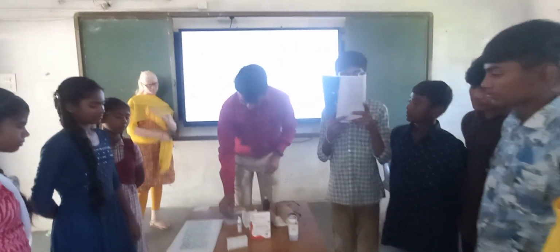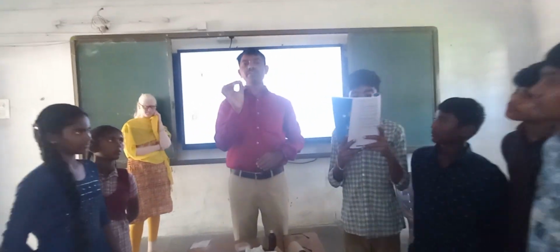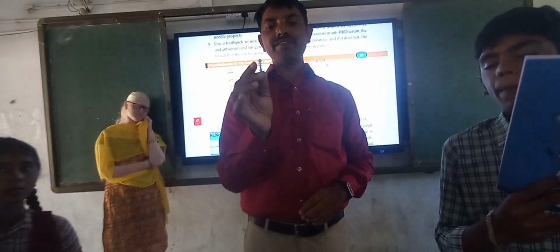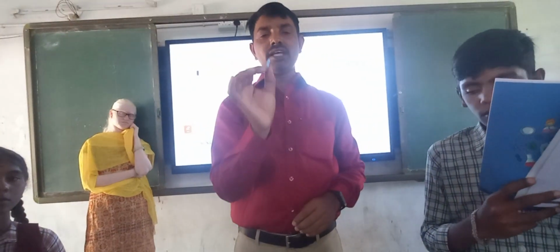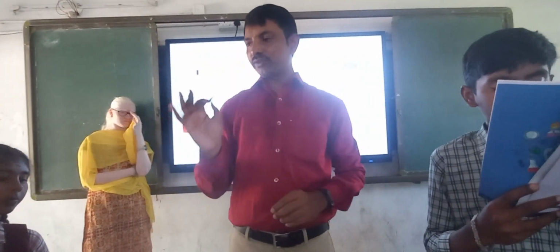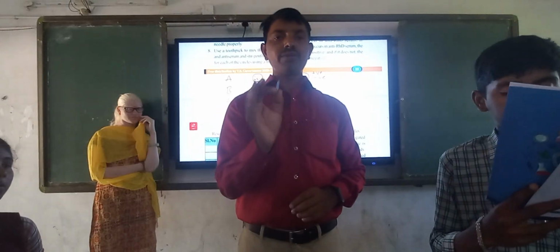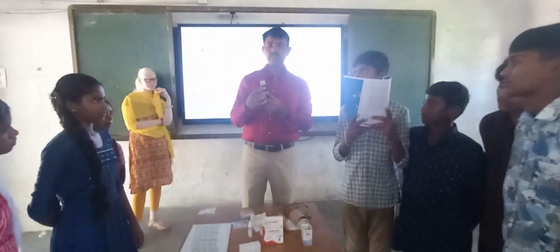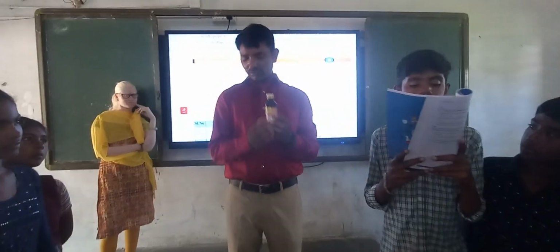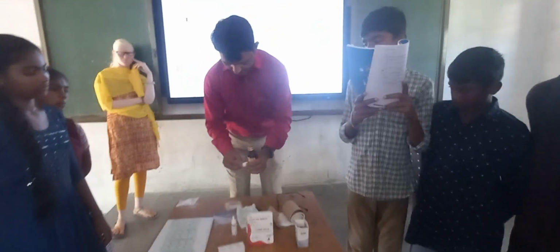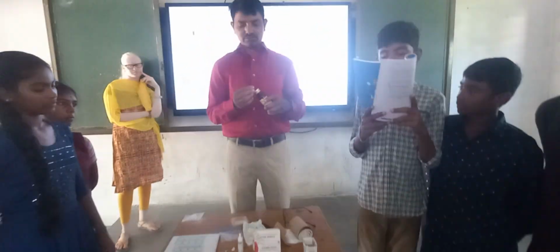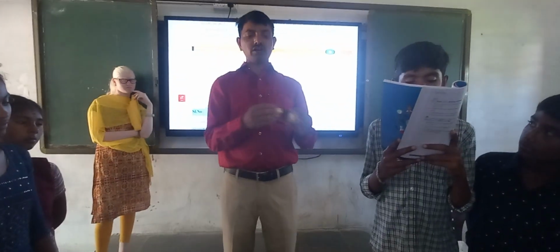Next, materials required. Lancets. This is called a lancet, which is sterile in nature. We have to use it single use only. If you use it for one person, we have to dispose of it in the dustbin. It should not be used for a second person. Next, alcohol swabs. This is called spirit or alcohol. When you keep cotton in it like this, it is called an alcohol swab.